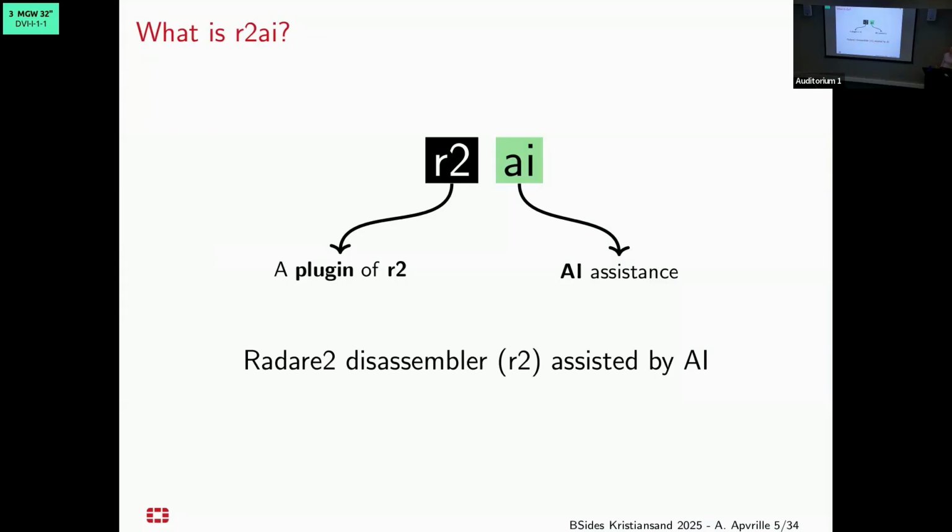Okay, so I'm going to use r2ai. And r2ai, as the name goes, is a plugin for R2, so a plugin for our disassembler. And AI means that we are going to have Radare2 get some assistance from the AI. I'm just highlighting there that it's assistance with the AI. Do not expect the AI to do everything for you. It won't work that way. You've got to guide the AI if you want some interesting input as a return.